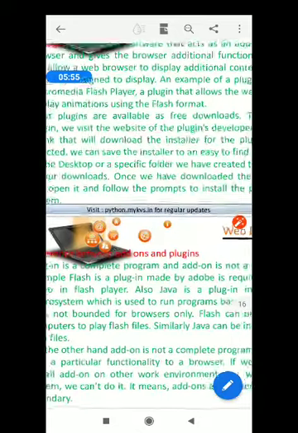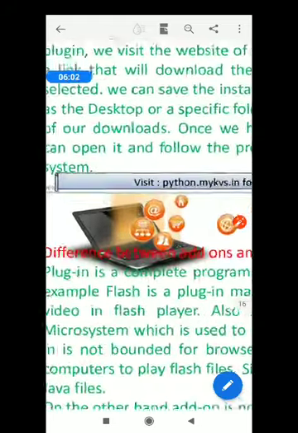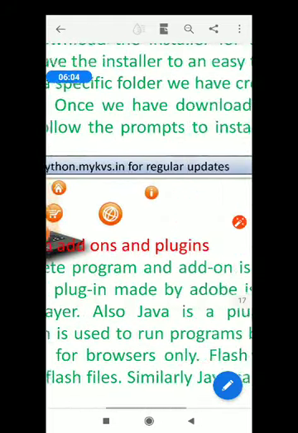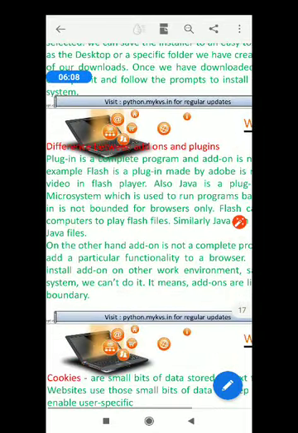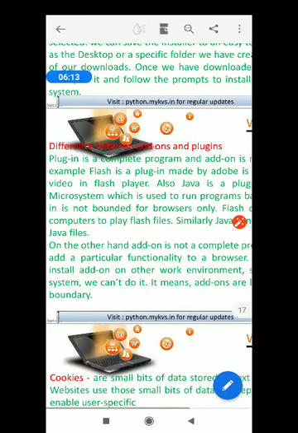Now see, what is the difference between add-ons and plugins? Please note down the next heading, difference between add-ons and plugins. Actually, a plugin is a complete program, whereas an add-on is not a program. It is just a feature of the browser, just an extension of the browser.